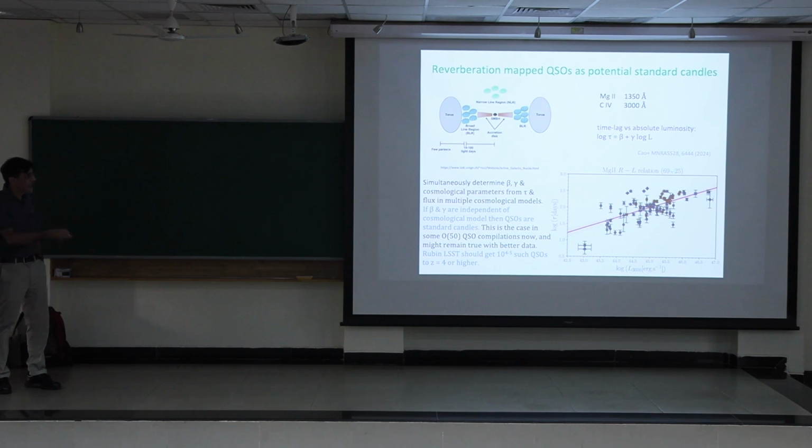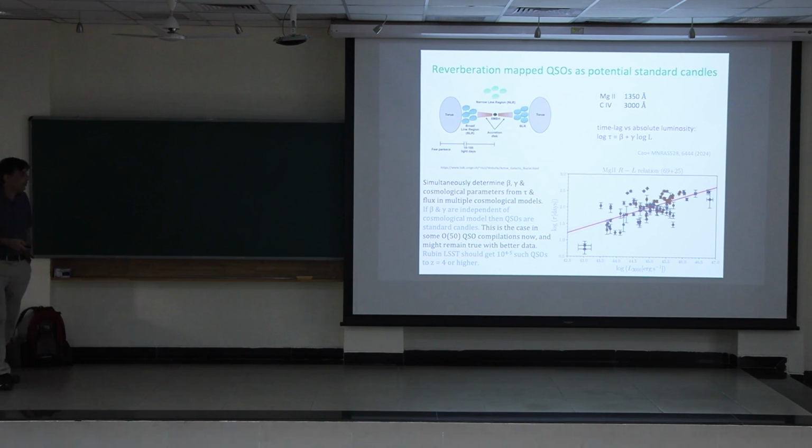And you can see that if you assume a correlation between the time lag and the absolute luminosity, these data do give you a reasonable correlation. The correlation is significant. So the time lag can be measured really easily, and you can then use this R-L relation to get the absolute luminosity. And so far, in most of these cases, except for H beta, we're finding that there is a good correlation, and these are standardizable candles. But we're using 50 to 100 of these at a time.